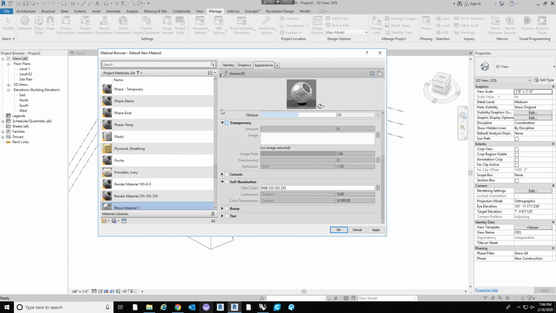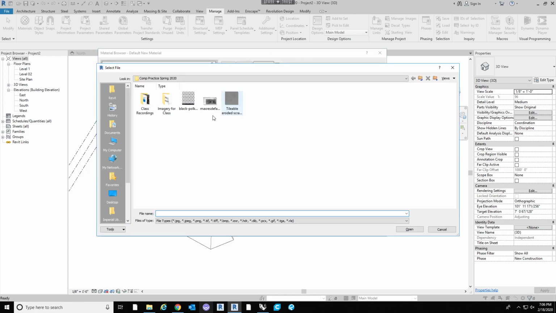So we downloaded that black and white image of the dots. That is how we can create a perforated panel, because we can essentially tell Revit that we want the